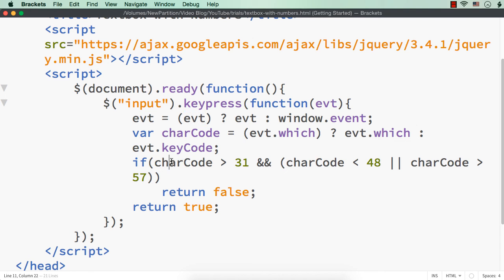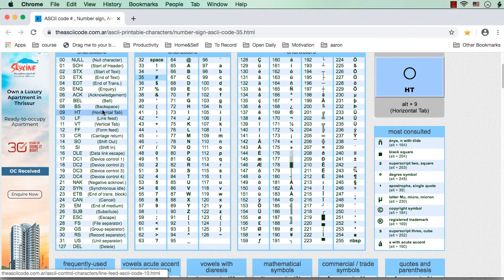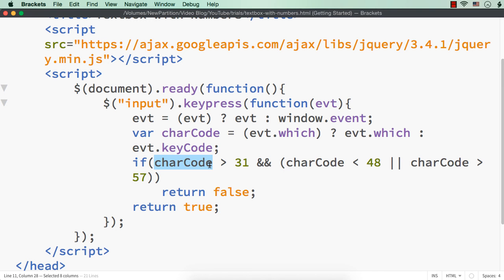Then we are checking if the character code is greater than 31 and it is less than 48 or greater than 57. It means that it is not a number. So we are returning false, and we are allowing this character code to be less than 31 because it is to support these values, backspace, horizontal tab, carriage return, etc. So like this we can ensure that only numbers are being entered inside a text box.